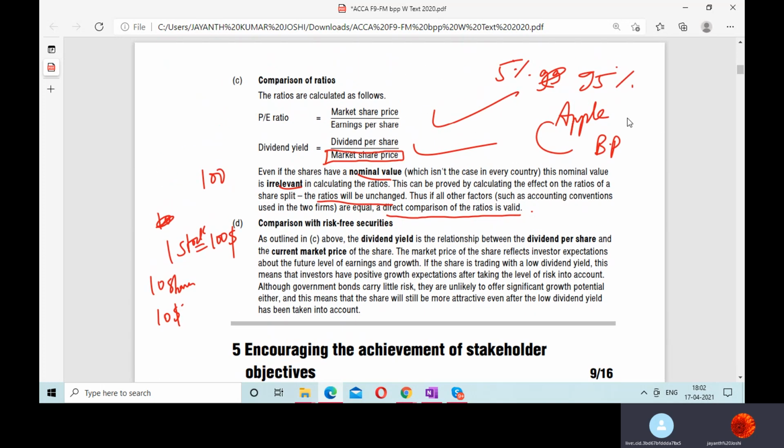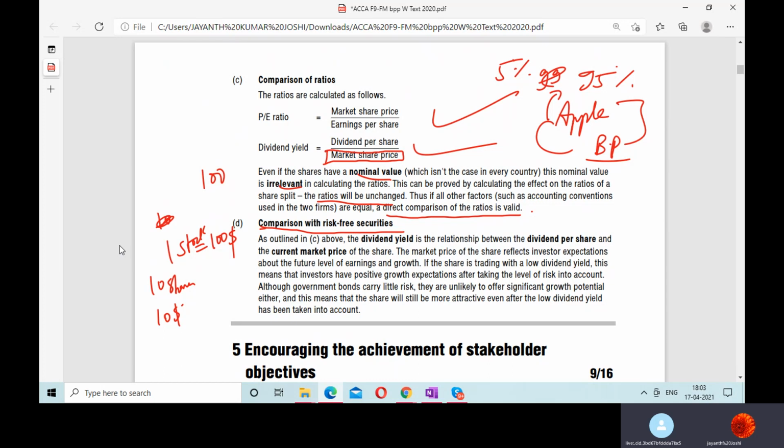You may say there is no match between these two companies, first of all. Apple is in a different sector, but we cannot tell the mindset of an investor. He may compare these two and say, I'll go with British Petroleum. Anything is possible. He'll say crude oil, right now technology stocks are good, for example, there's no COVID-19 pandemic and everything is all right, so he'll say British Petroleum is doing well. I'll go for crude oil because crude oil demand is growing. Thirty years back, people used to think like that, correct? Now crude oil has suddenly lost the market. Why? Because we want to shift to EVs.